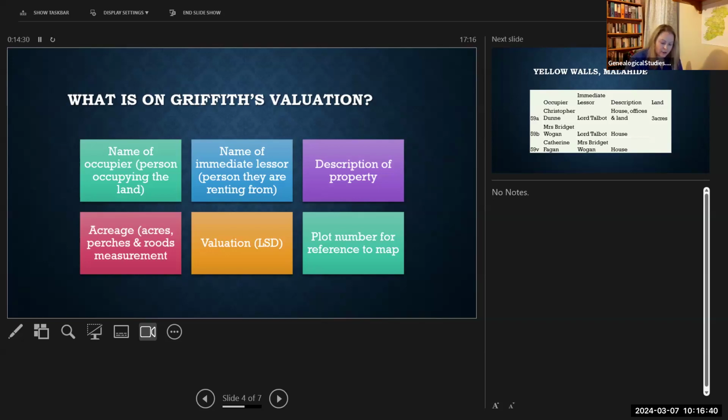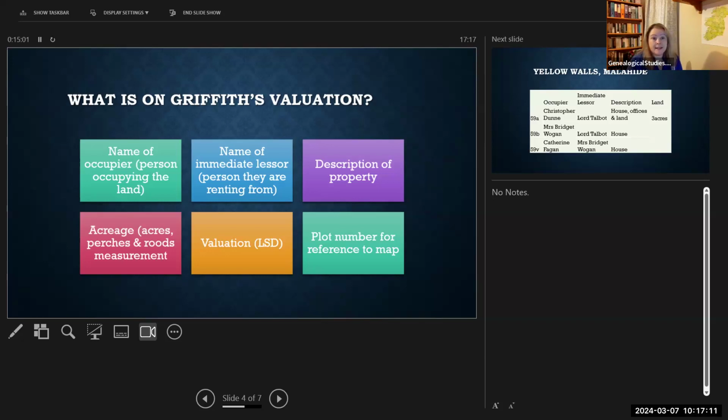They go right down the social strata to people who are renting very tiny plots of land or just a small house, and they go right up the scale to people who own many thousands of acres. So there's a huge variation in what we get in it. And I won't cover it today, but I will mention that these records were not static. After they did the primary valuation, they continued to go back and periodically revalue the land and update the ownership of the land. And this continued until 1977.